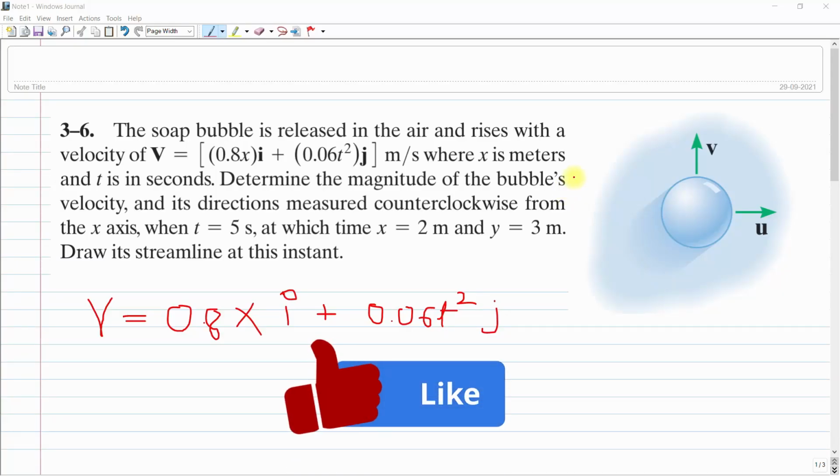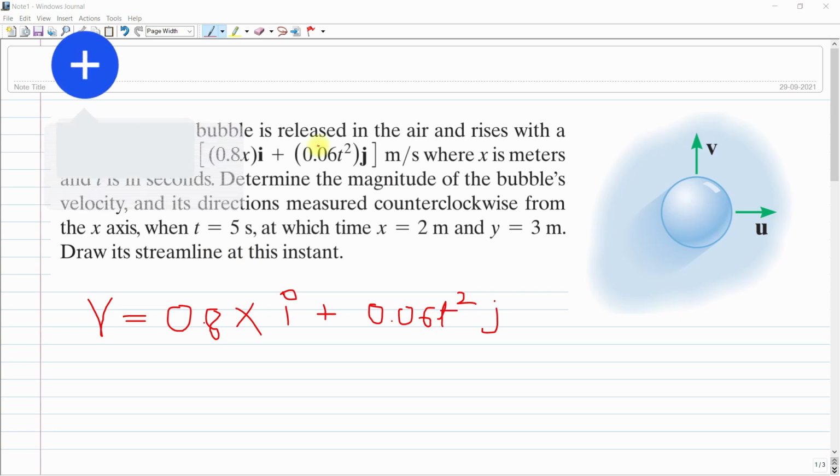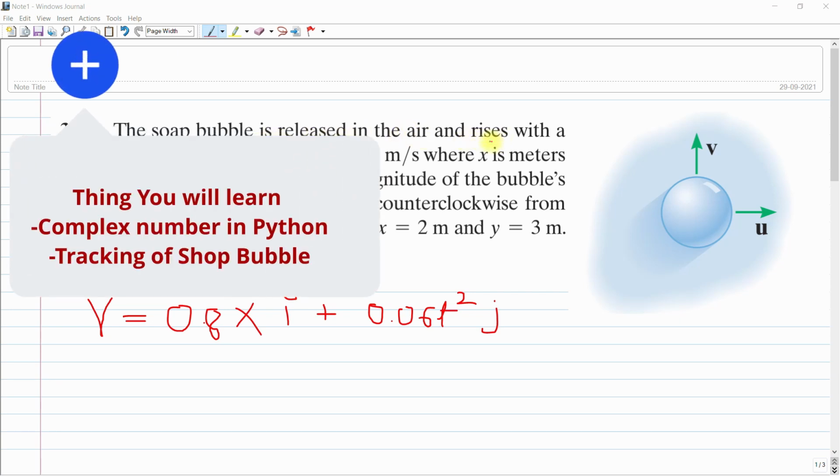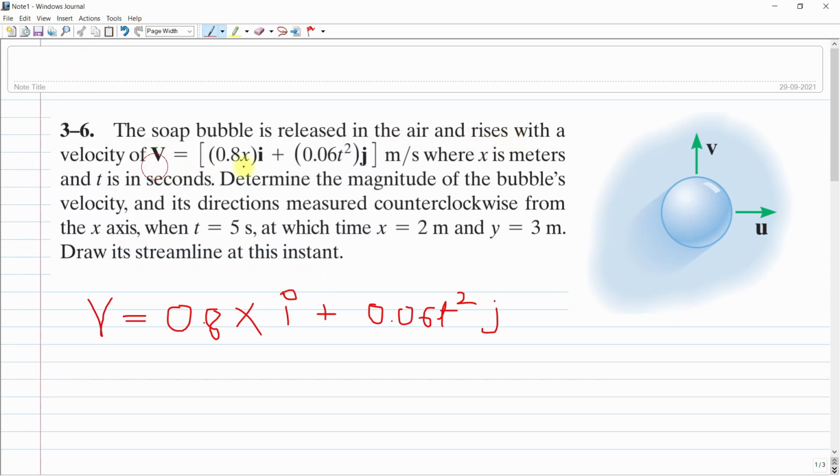Hello, today we will discuss how to find the streamline of a soap bubble that is released in the air and rises with the velocity function, and we will find it out in Python code as well as by hand